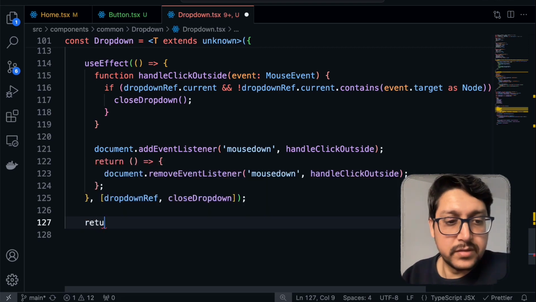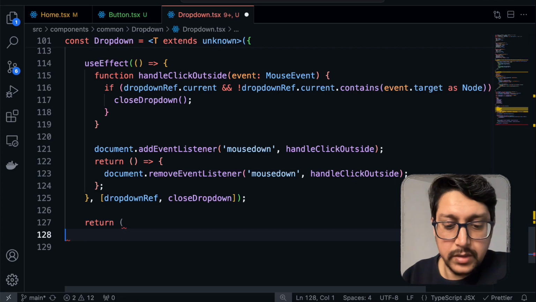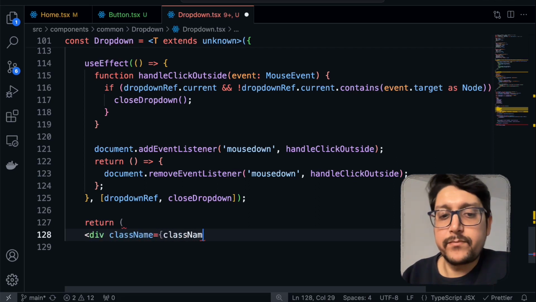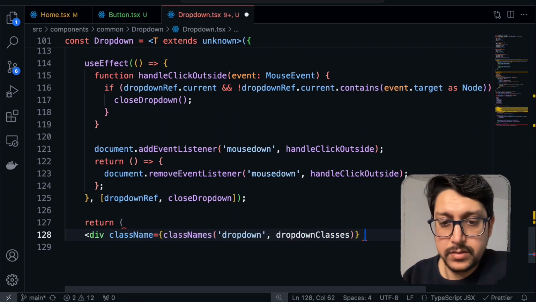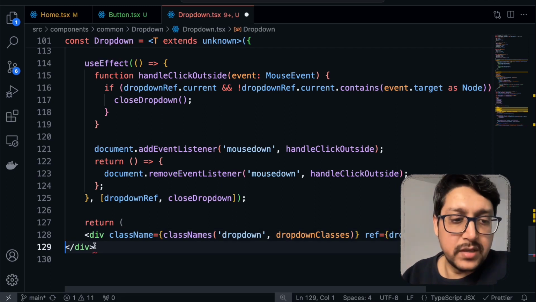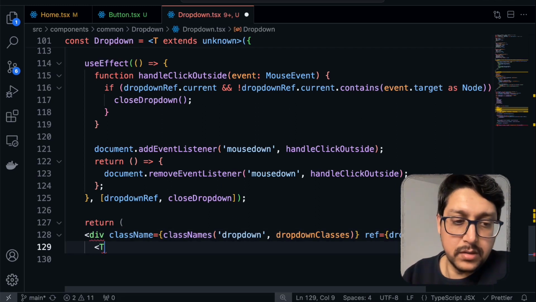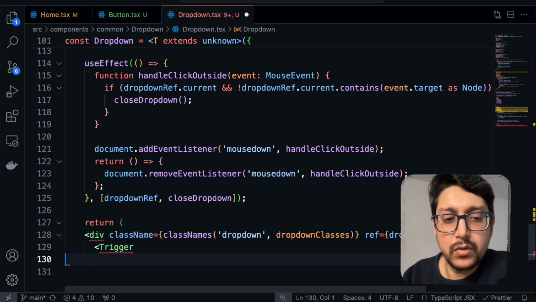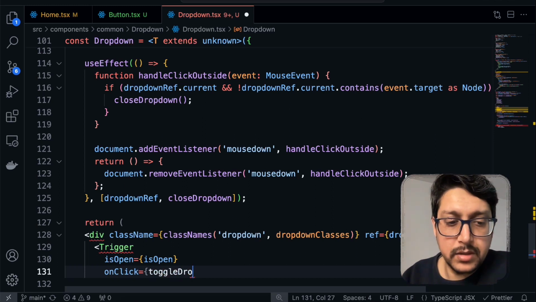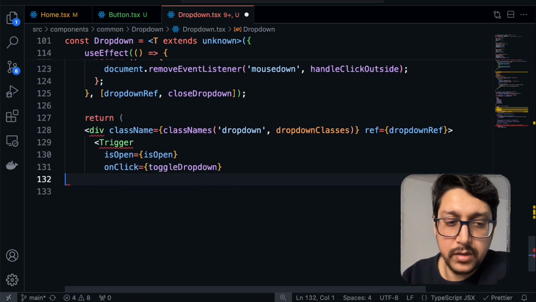So we will just do the return and then use class names to combine both the classes, and the ref that we've defined, we'll use that as well. I don't need the div for now. Let's define the trigger component that we defined earlier. Now we are going to use it here in our drop down component,